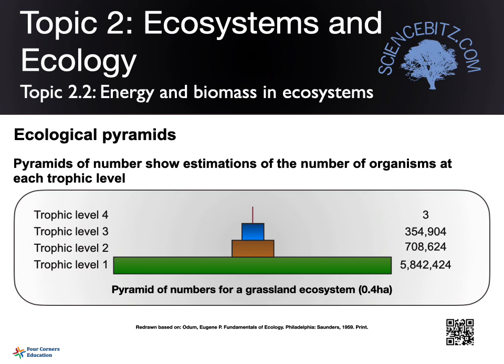One of the first thoughts should really be that it's very, very unlikely that the ecologist who was out sampling actually sampled over 5 million individual plant species. So looking at the producers in the first trophic level, it's reasonable to assume that that's actually an estimate based on smaller samples, something we'll look at later on. So we've got these pyramids of numbers that tell us something about the numbers of organisms at each trophic level. Again, they're limited, and one of the limitations that we have with them